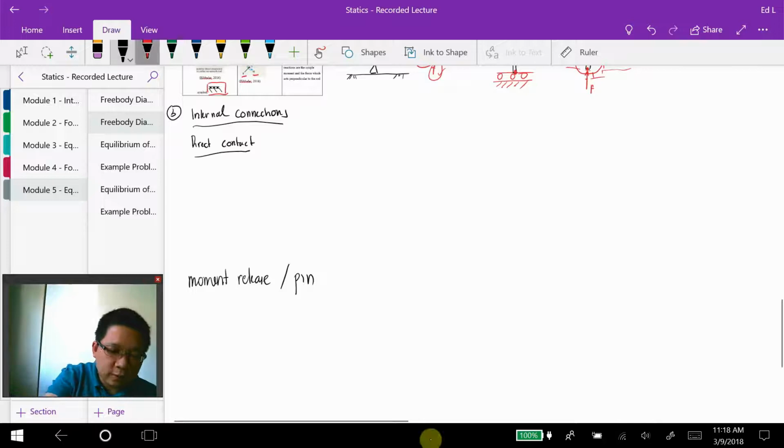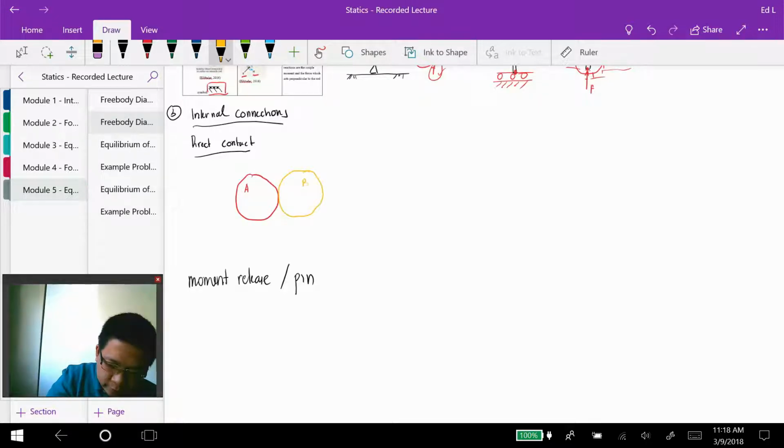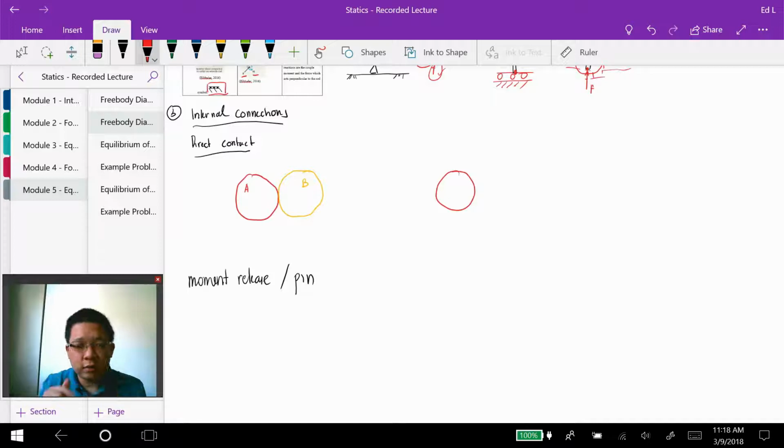For example, I have body A, a cylinder, and body B, another cylinder, right here. When I try to draw the free body diagrams, I'm just concentrating on